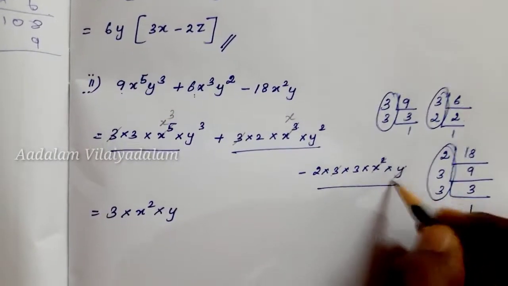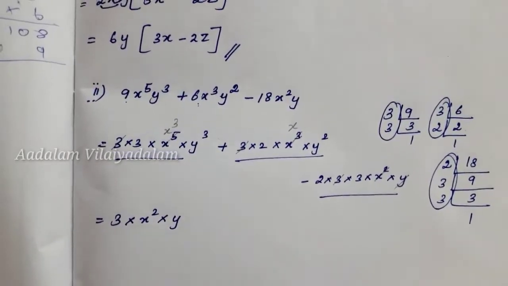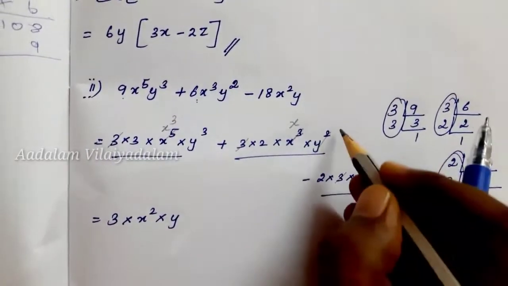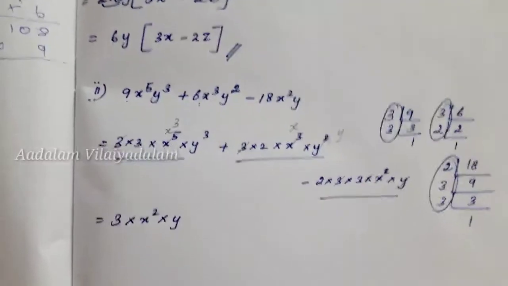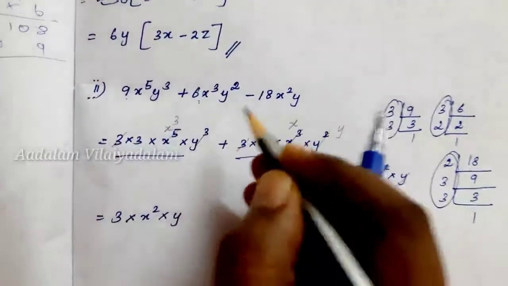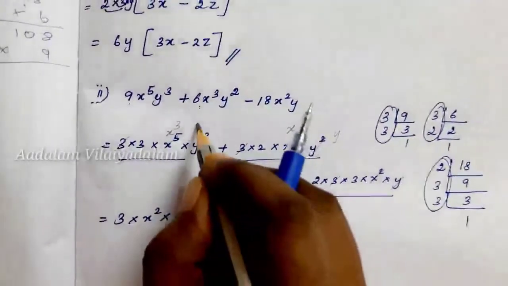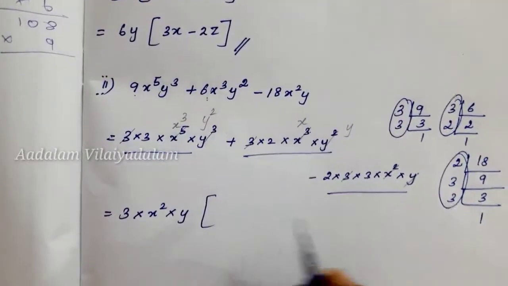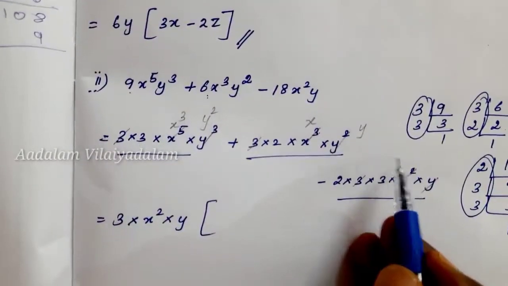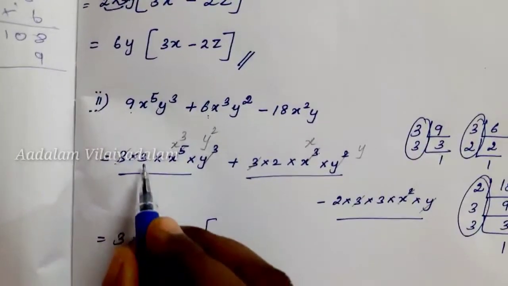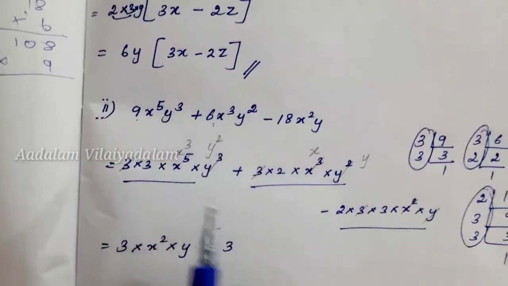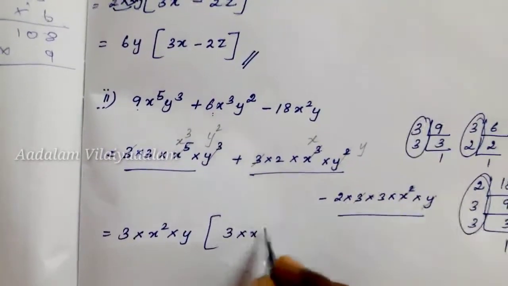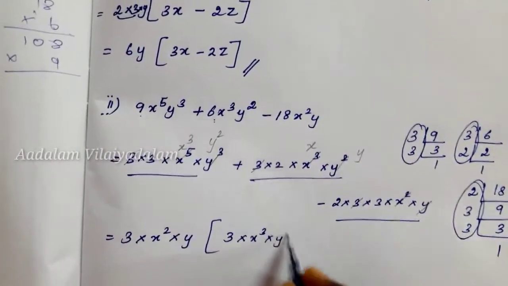So I have taken out y. Then what else will be? Here if I have taken out one of the y, what will be the answer? Only y, one y will be there. Here if I have taken out one y, then the remaining value will be y square. So now let's write the remaining values of the terms. So here we did not take out 3. So carefully you write, children. That is x cube. The remaining is x cube and y square.